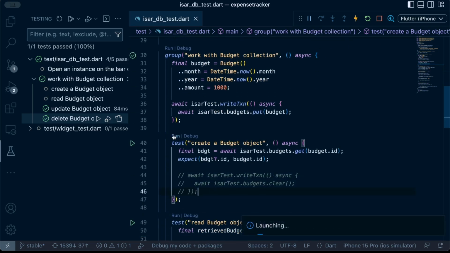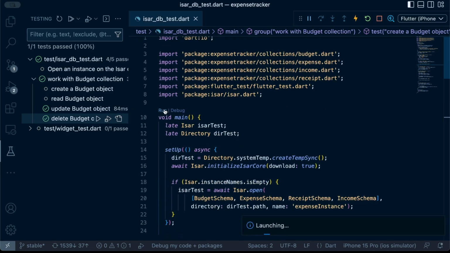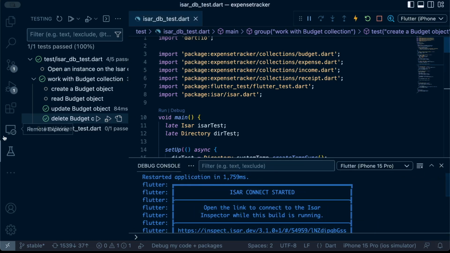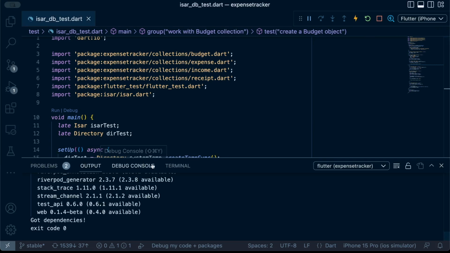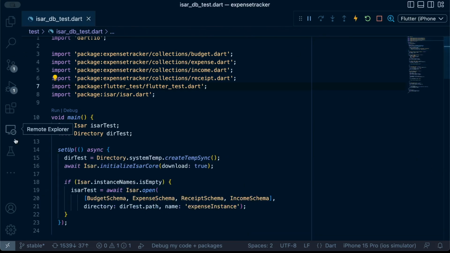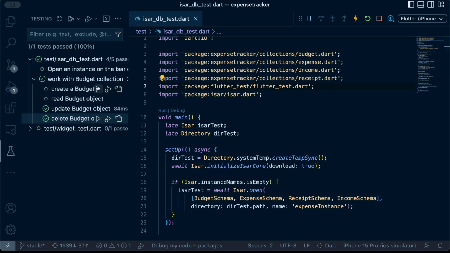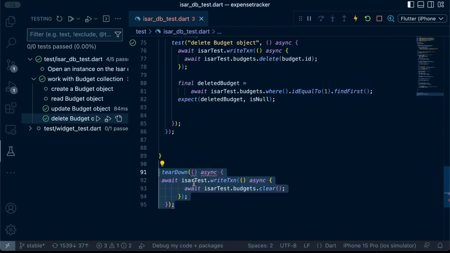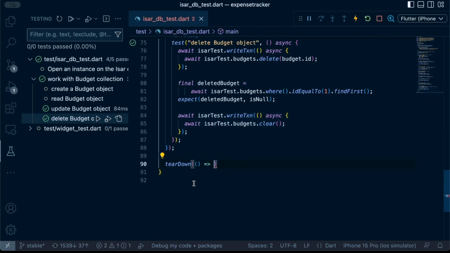I'm just trying to see if it would work. No, it's not working. Okay, let's just make sure that